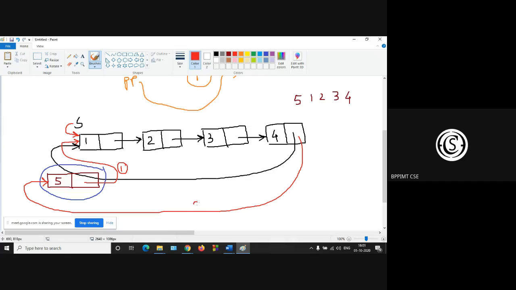So this is your second operation. Anything else, Kishan? Yes, sir. And then we update the start to this new node, because we are inserting it at the first position. So start is now pointing to the first node. So start is equal to new node.